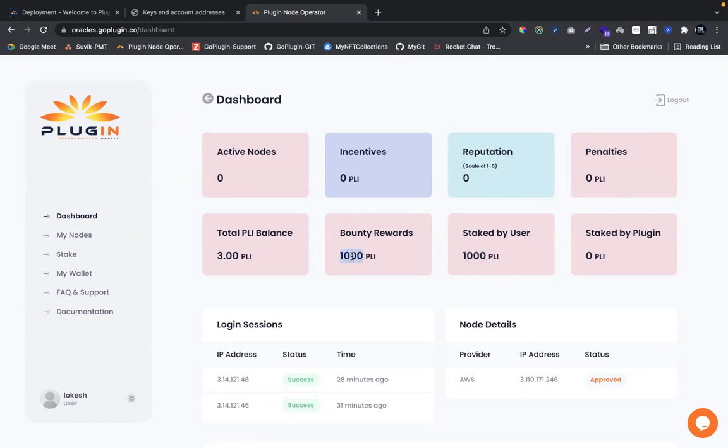Which means the plugin team has to stake for me. So I'll wait for the same and they will approve it. Okay, so once they approve it, this will be deducted and it will be 0 shortly. Okay, so let me refresh.